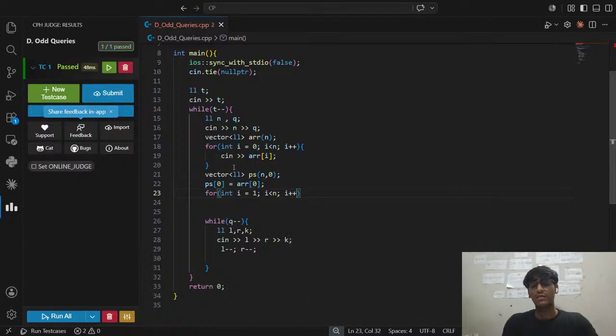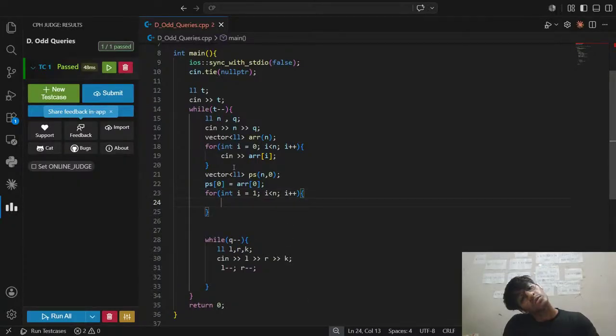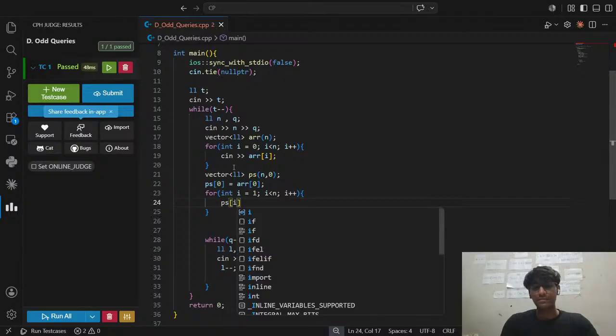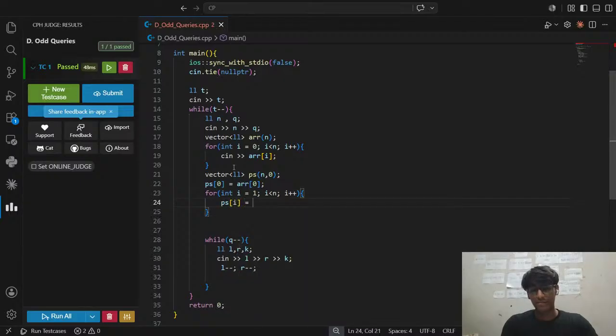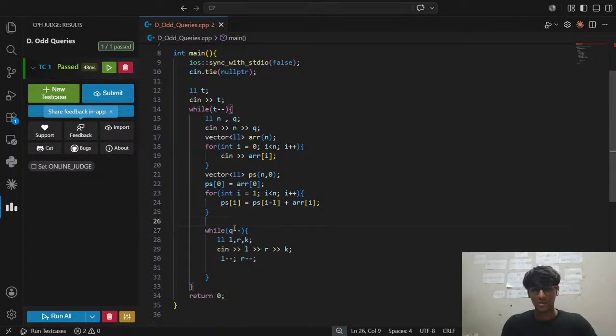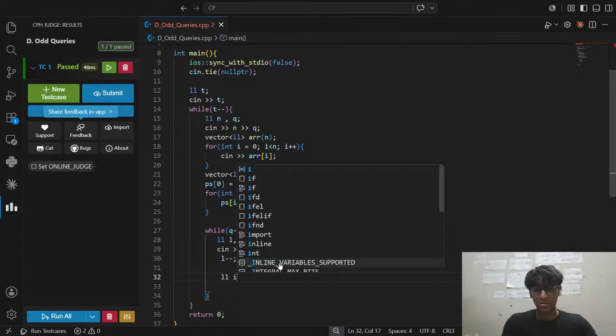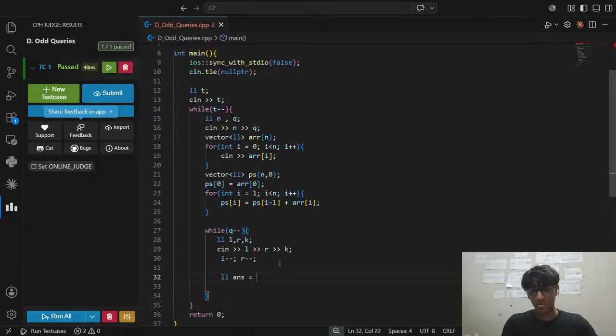I feel like I've been writing since morning. I'm only writing one algorithm, and that's prefix sum. So this will give us the prefix sum. We have basically, make our answer long long answer equals to